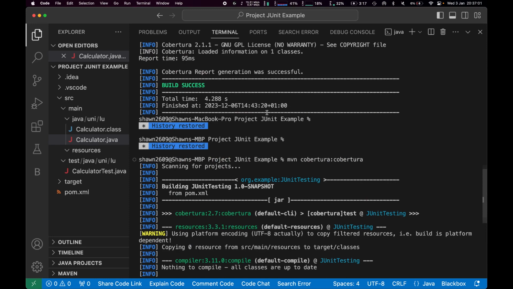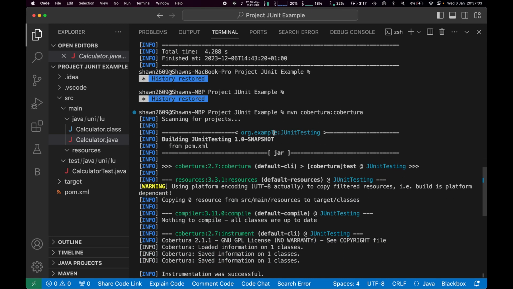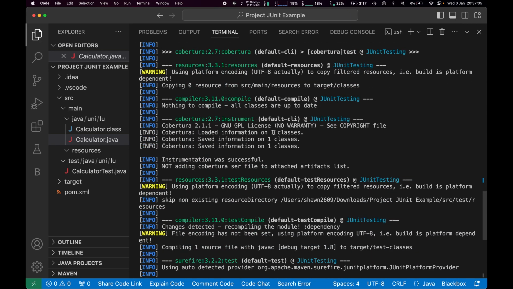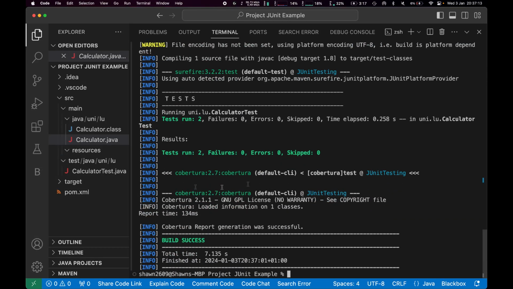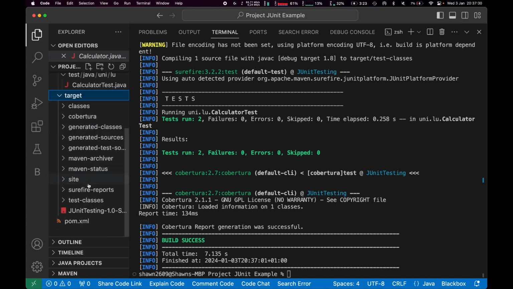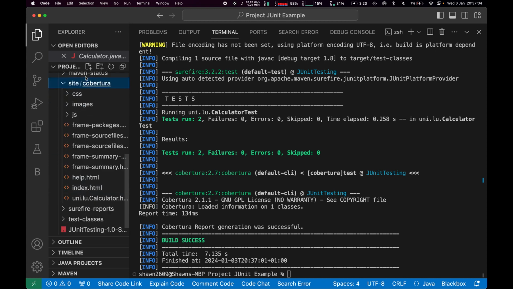that after a while, and if I scroll down, you will be able to see here that it has run the tests, seen which tests work, which don't, where some are missing and whatnot. And after it says build success, you can see that nothing opens, nothing happened really, but where it actually all went down is within the target here. Within the target, you here have the site,